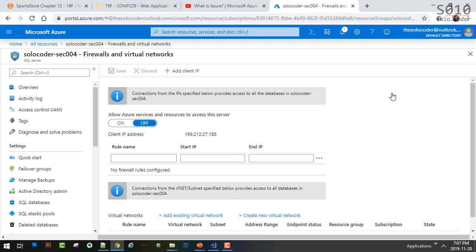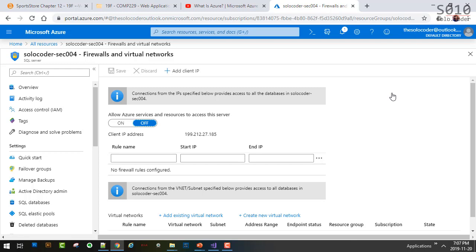So just because it's a virtual server, it doesn't mean that it doesn't have a firewall. So our new server has a firewall. Now, it's blocking any communication from the outside world to it. But we need to be able to communicate with our database because we need to create the tables. We need to create the data, okay? So for us to be able to run the scripts that will create the tables, we need to authorize our computers to come in to our new server, to log into our server.